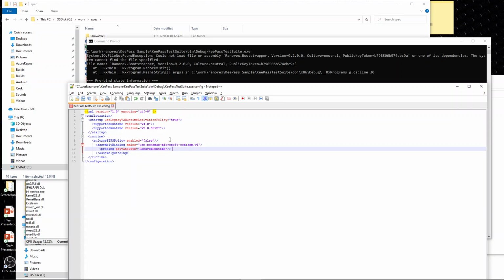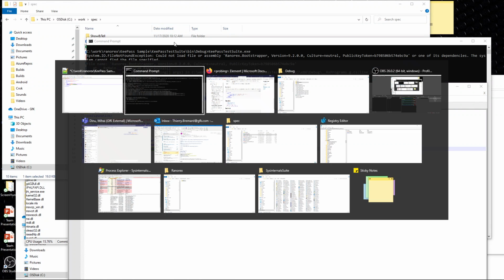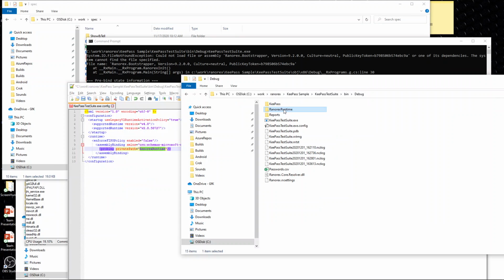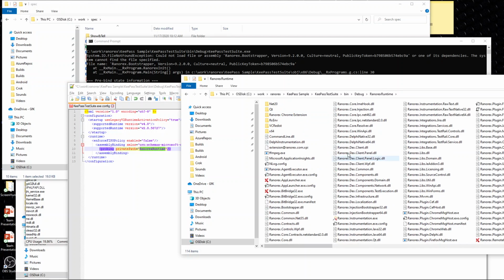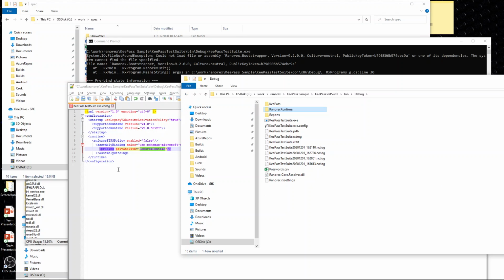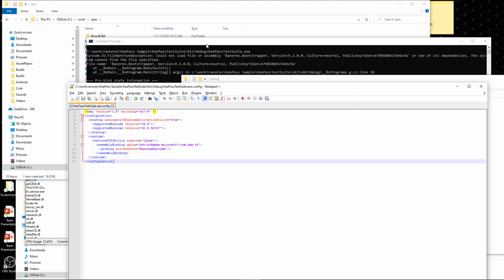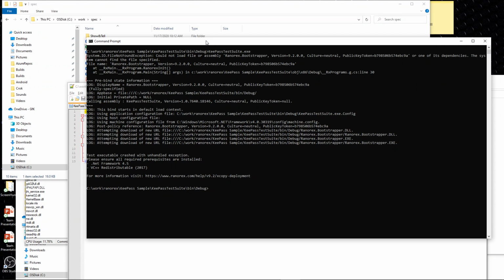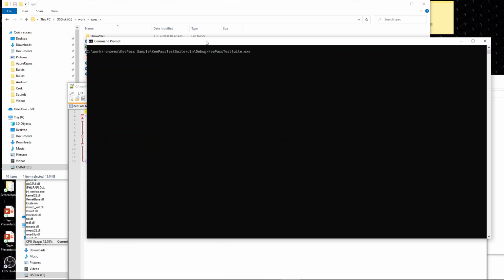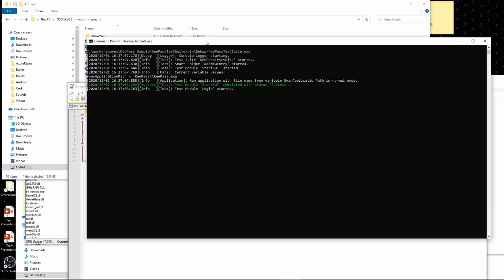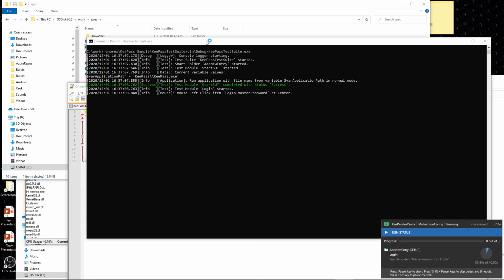There is a private path, Ranorex runtime, which is the directory where my assemblies are. It's quite useful when you see the number of assemblies. I save it, I clean the screen, and I run again. And the binding failure is resolved, and the process is started.